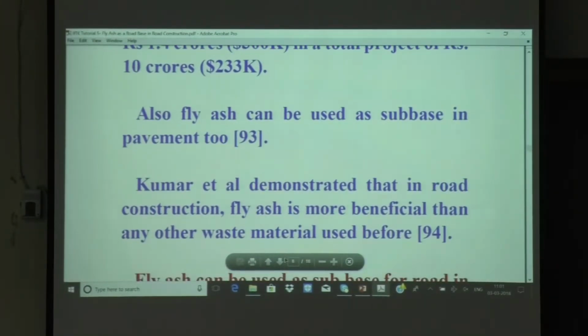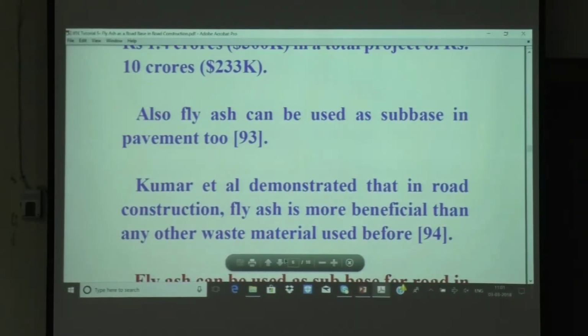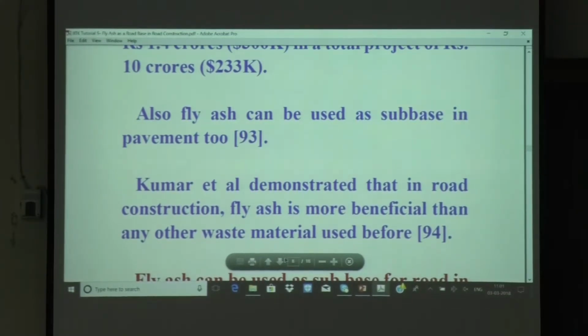Also, fly ash can be used as sub-base in pavement also. So where you have pavements and things like that, you can put fly ash as a sub-base so that it can take up the stress and strain. Because if you cannot take up the strain, then the pavement may crack. And once the pavement cracks, it will take a long time to fix them up. So if you put fly ash as a sub-base, then